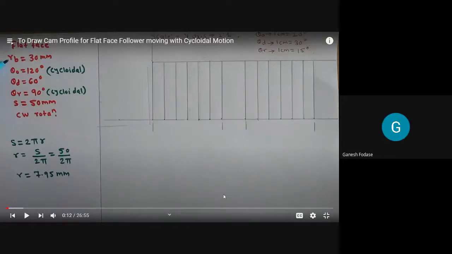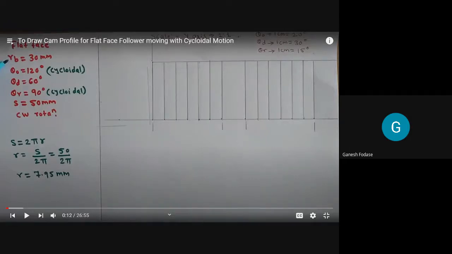So in the last lecture, we discussed a graphical procedure to draw a cam profile when the follower is either a knife edge follower, or a roller follower, in the case when it is radial as well as offset. I think you understand that procedure when the follower is knife edge, radial or offset, and when the follower is a roller follower and it is radial.